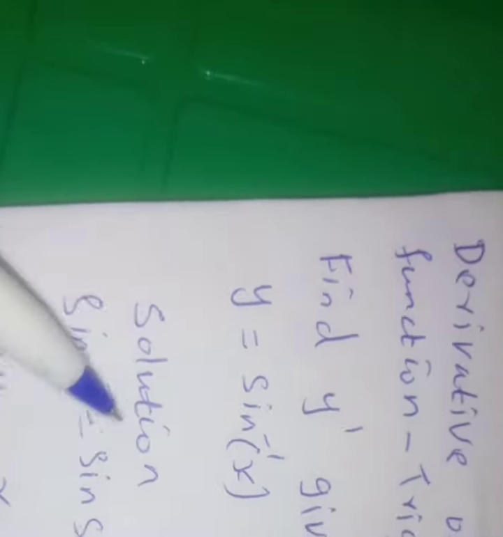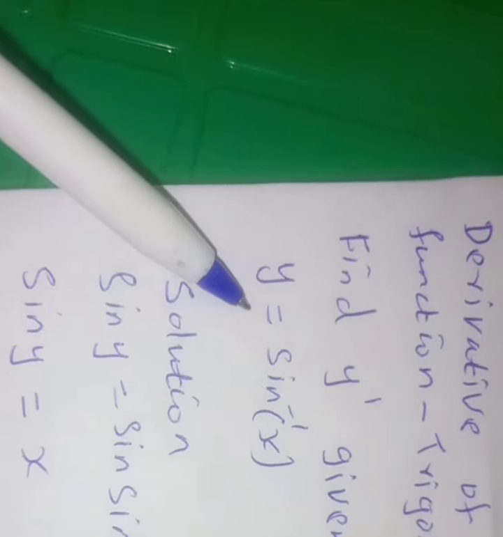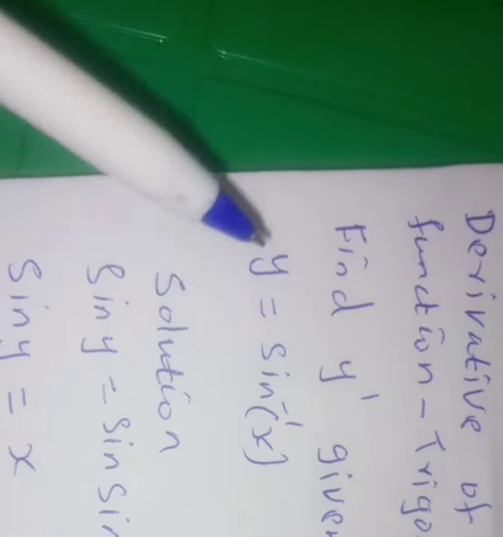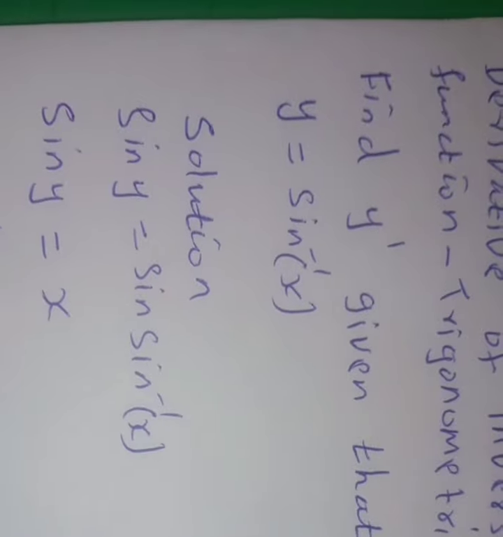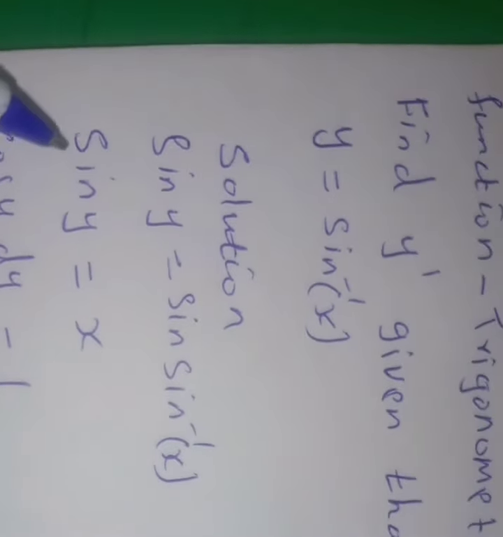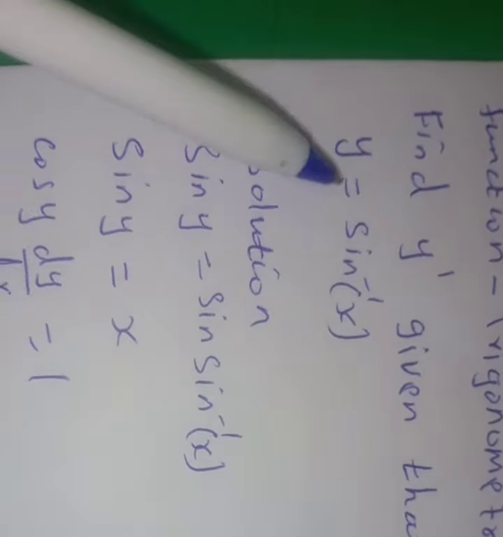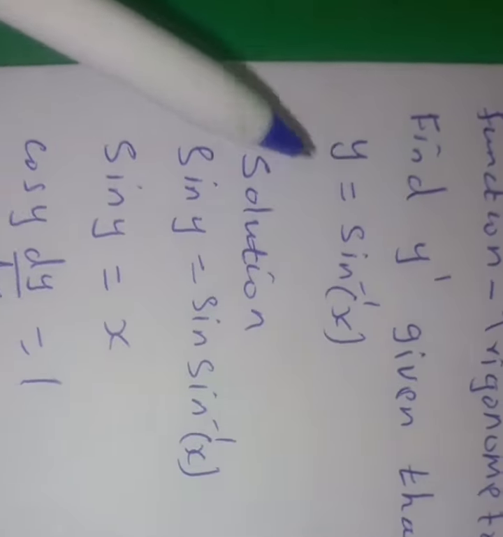So, solution: what we do, we are going to multiply this equation, both the left hand side and the right hand side, with sine. So multiplying that equation both sides with sine, we will get on the left hand side sine of y, which is equal to sine times sine inverse of x. From the laws of indices,